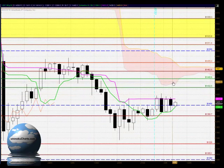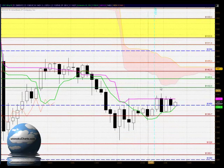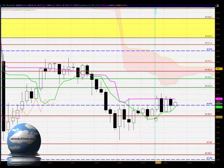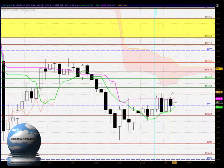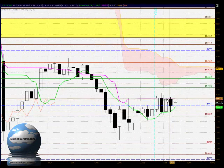Now in terms of Ichimoku, obviously with the market trading down below the cloud, we have an overall negative bias in the long-term time frame, so that should govern how we perceive the market, and especially in terms of the pattern that had formed, that wedge type pattern, and suggested the breakout has a greater likelihood of being to the downside than to the upside. The market is also trading down below the Kijun-sen, so bearish in the medium-term time frame, and we have tested to there and been rejected from there. So nothing new there. The Kijun-sen at 1411, 1412 has potential to hold as a resistance once again,